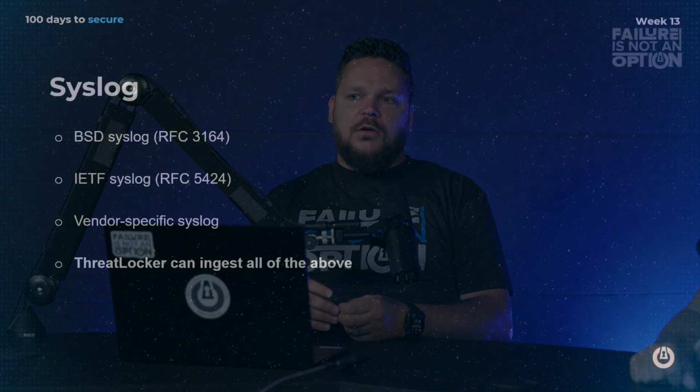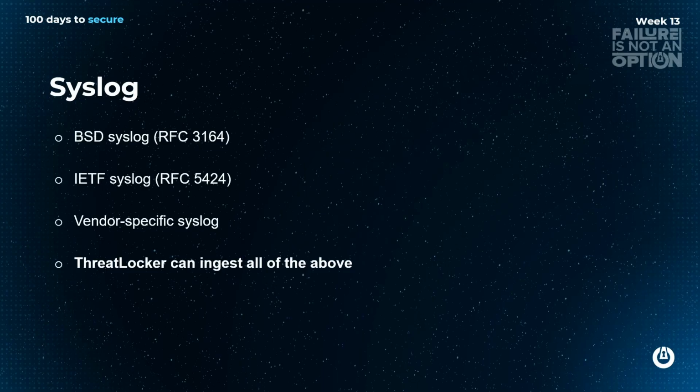Yeah, so before I share my screen and go on a demo, I just want to talk about the different types of Syslog. Obviously you've got BSD, which is your more traditional Syslog, and IETF, which is the more structured one that they brought out. We also found that each of our different devices had their vendor-specific Syslogs, which made importing them a little bit more of a challenge, but ThreatLocker can ingest all of them. So it doesn't matter where your Syslog is coming from, we can ingest every single one. So if we share my screen now,